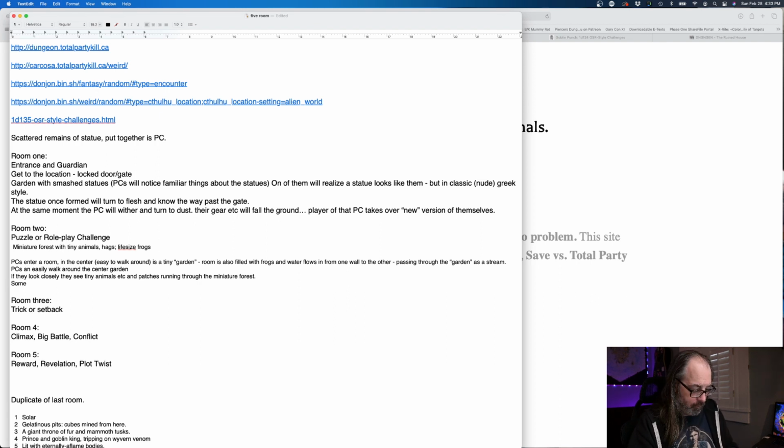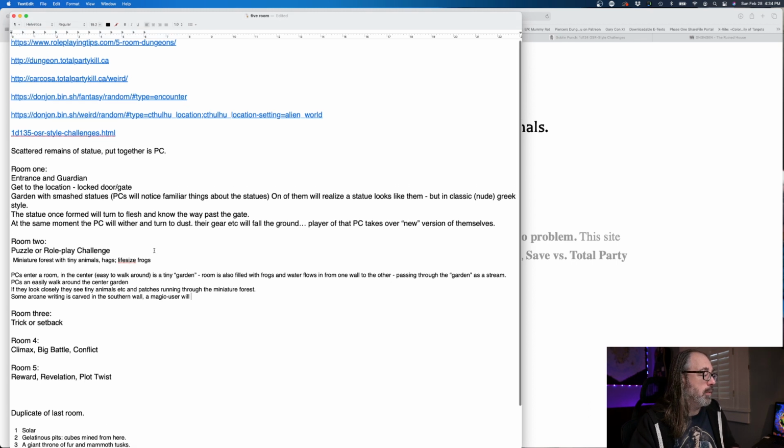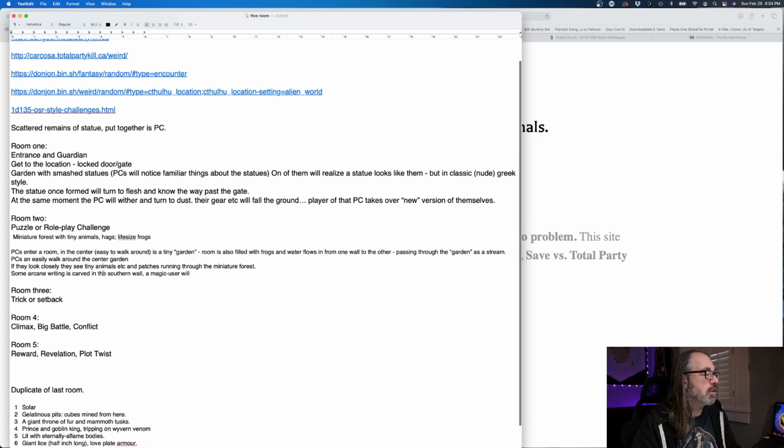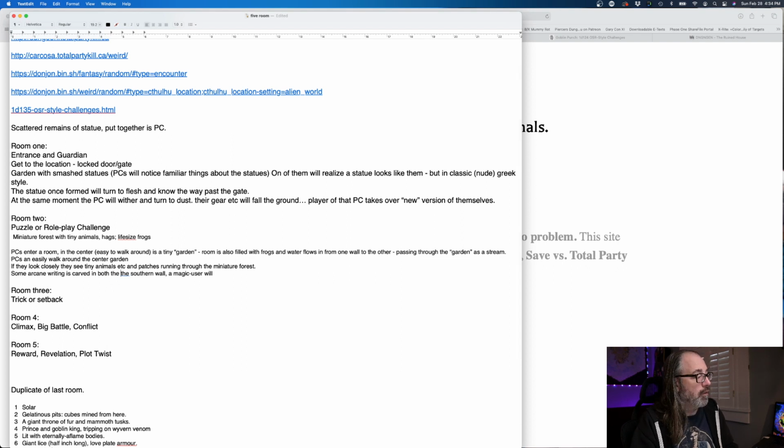some arcane writing is carved in the southern wall. A magic user will, actually, I'm going to have it in both walls. Some arcane writing is carved in both the north and, again, I'm just putting directions so that it's easy, it doesn't actually matter, north and south walls. A magic user will